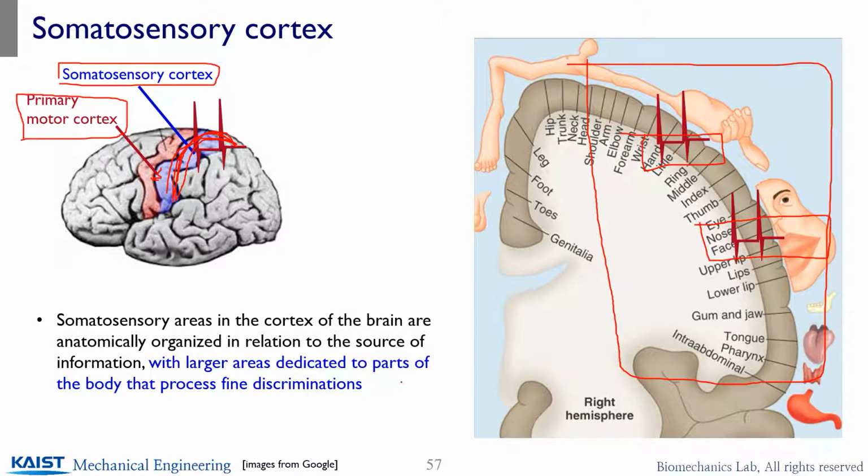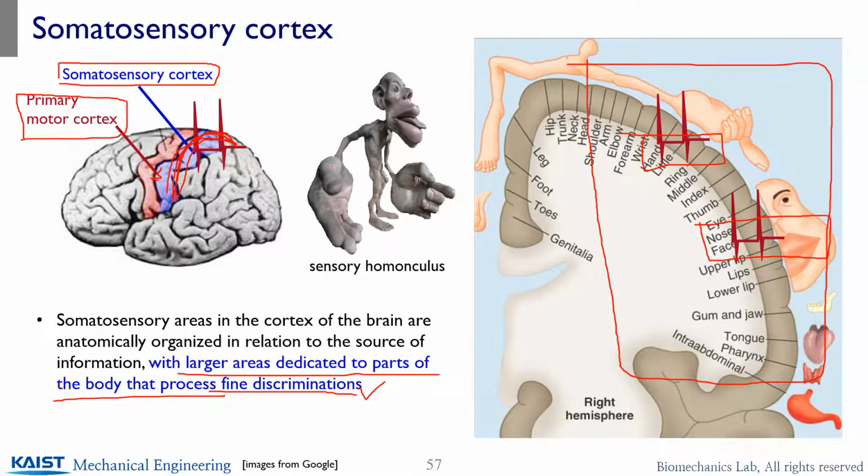somatosensory cortex, right? That's because your upper limb, including the hand, and the face have a very fine resolution, per se, of sensory sensation. So fine discriminations are possible for those parts. So you have a larger brain area dedicated to interpreting those signals as sensation, and to motor control as well. So if our bodies were proportional to the